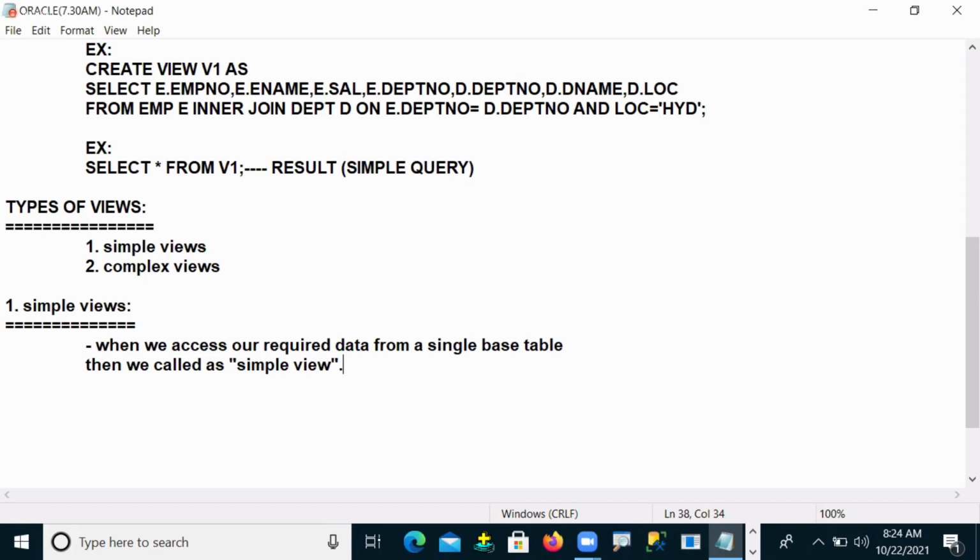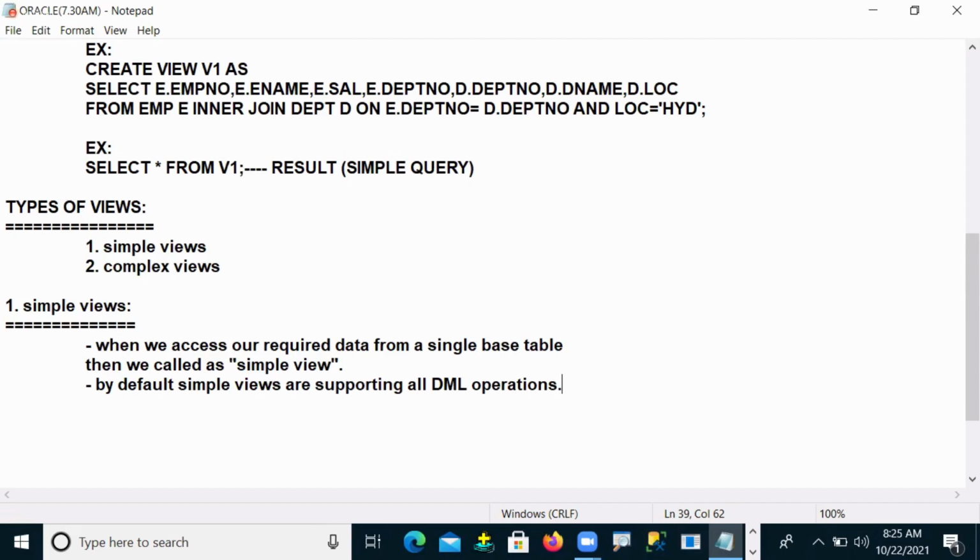Now this point should be remembered. By default, simple views support all DML operations. That means I can insert data into my base table through a simple view, I can update data in the base table through a simple view, and I can delete data from the base table through a simple view.